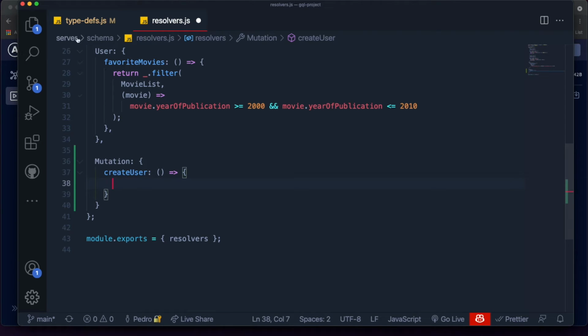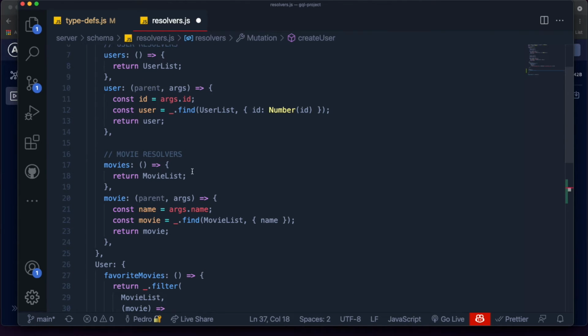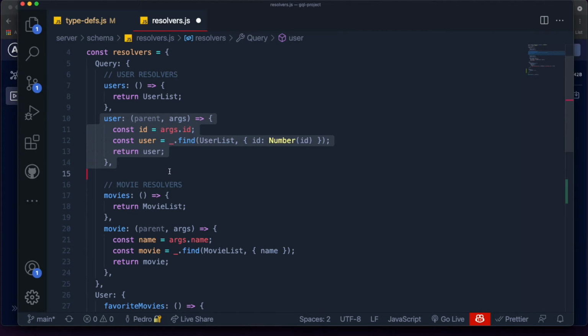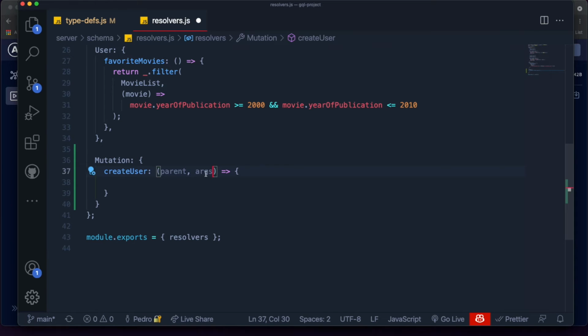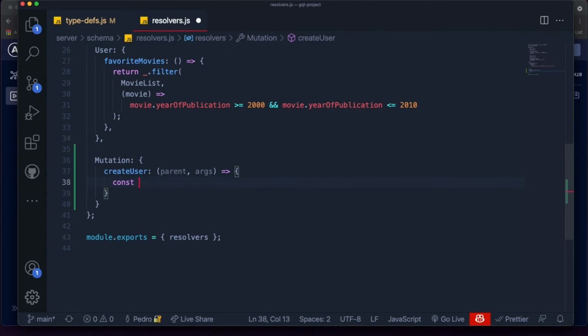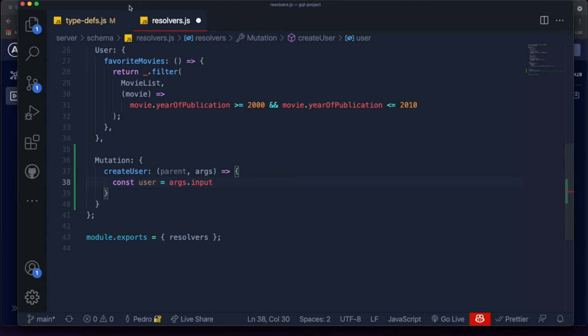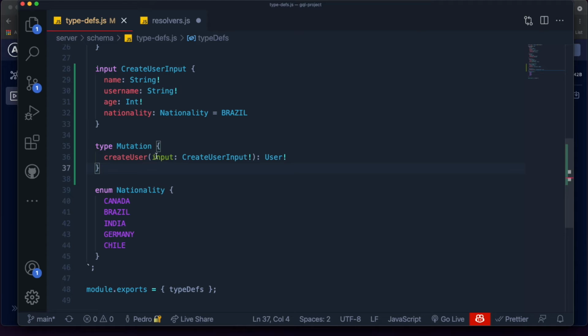Now, one of the things is when you create a user, or when you write any mutation, you'll probably need to access some sort of argument to the function. So similar to how we accessed the arguments for the fields that we're requiring, the required arguments, we're going to do the same thing. We need to get these two things over here from our function, and now we can use this args to be the new user. So what I'm going to do is say const user is equal to args.input, like this, input, because if you recall, we created over here the argument is called input, it has a type input,